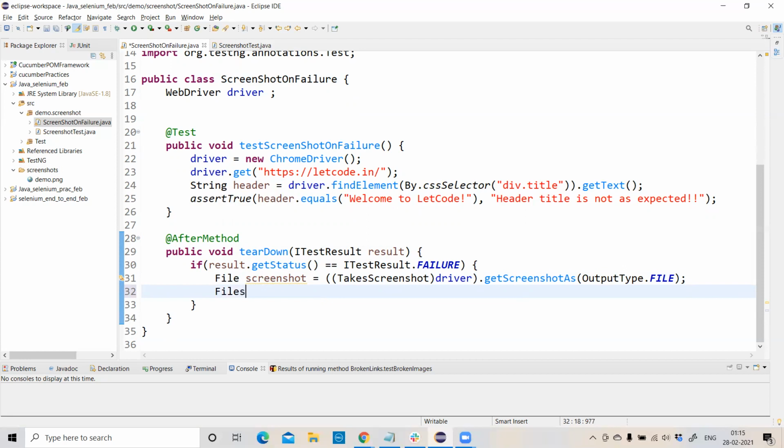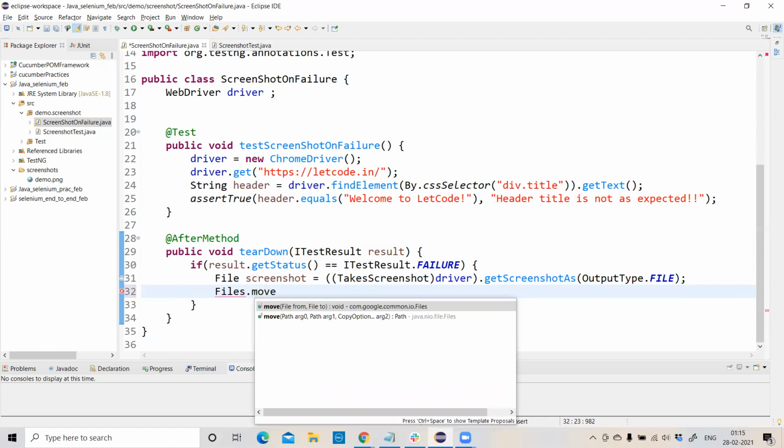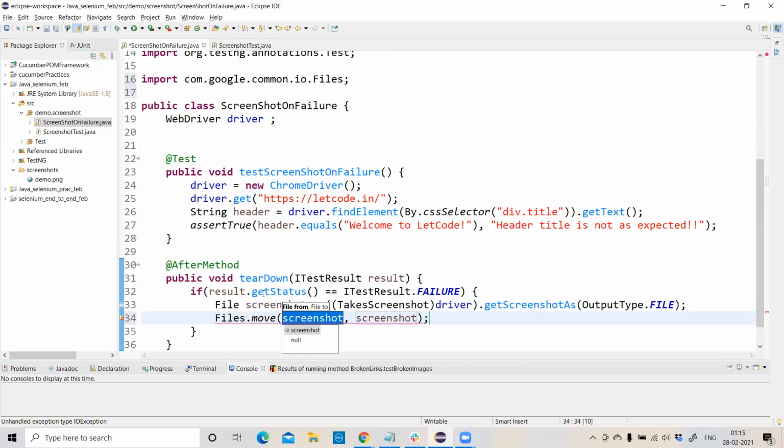Now let's move. We have something called Files, and inside the Files class we have a move method. The first parameter takes the source and the second parameter takes the destination. So what is our source, guys? This is our source. And we have to put in a new destination, so we have to create a new file in the screenshots destination.